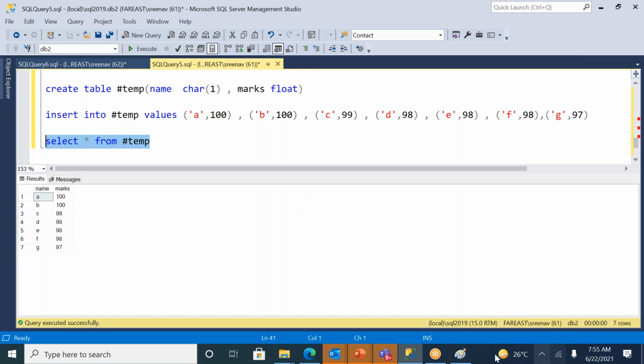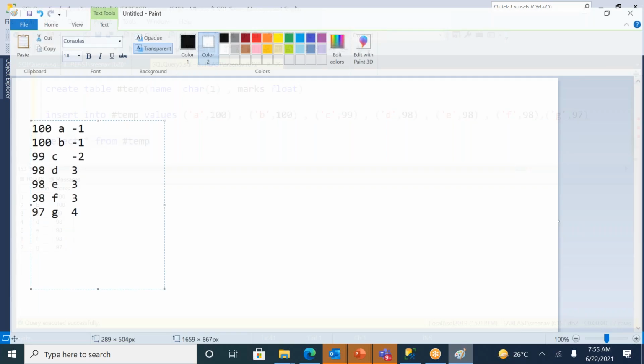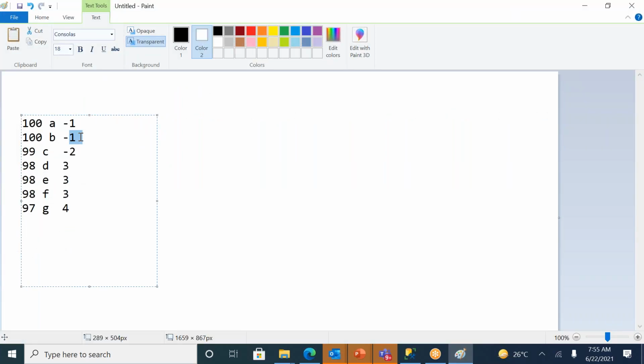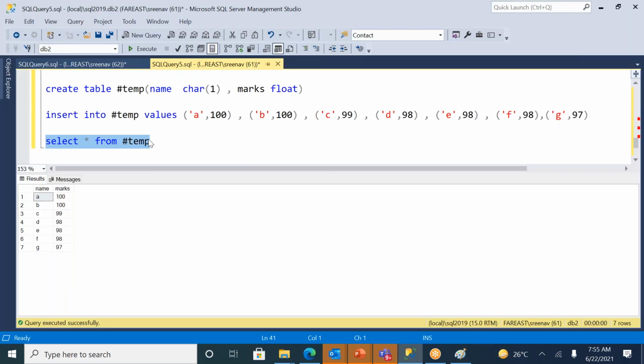This is the record. First thing, hey man, I do not want 1, 2, 3 like this. I want always 1, 2, 3, 4, 5, 6, 7. So if you want to generate like this without any duplicate rank, then row number will work in that scenario. Here you see row_number